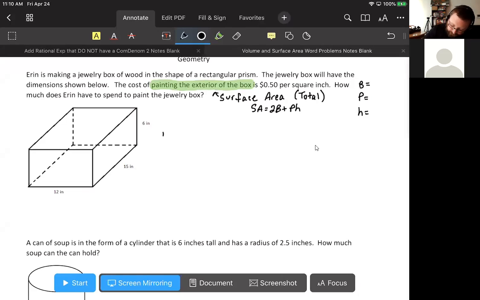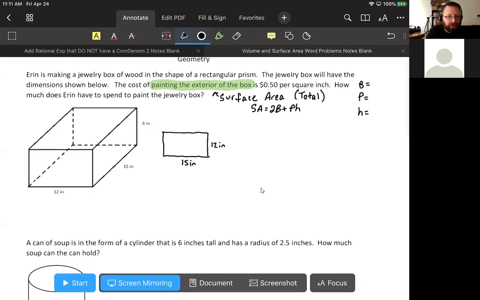So we need to think to ourselves, what shape is the base? Well, this is a rectangular prism. The advantage of a rectangular prism is that any side we choose can be the base of this prism. Okay? Now, the last time we dealt with prisms, you guys had a much easier time recognizing the bottom of the shape as being the base. So we will do that here. But in reality, it does not matter which side,